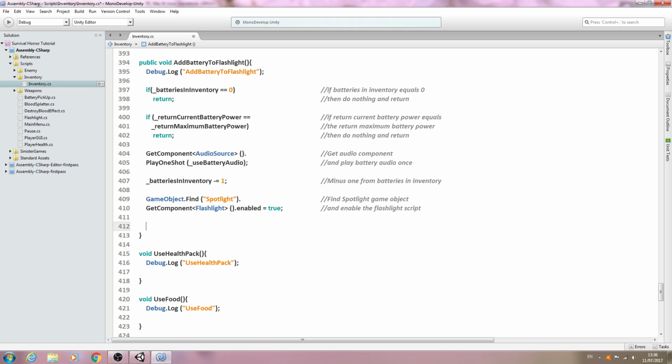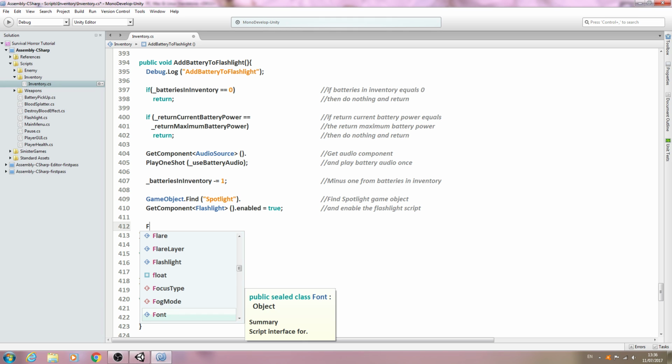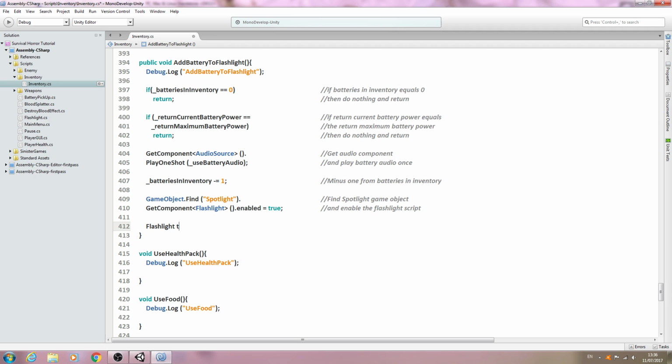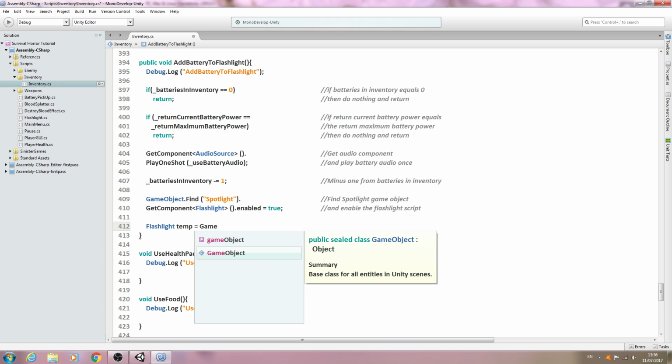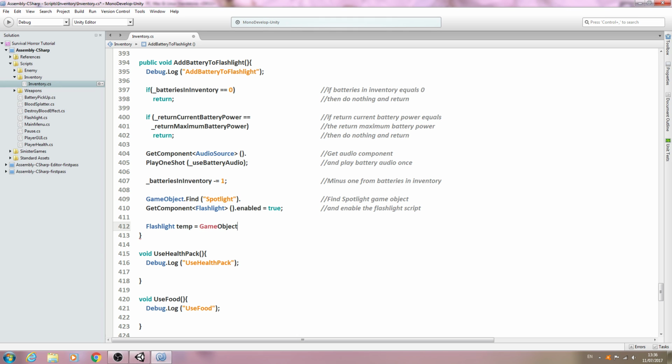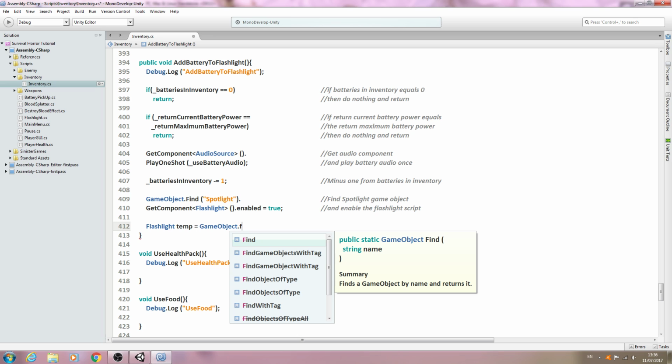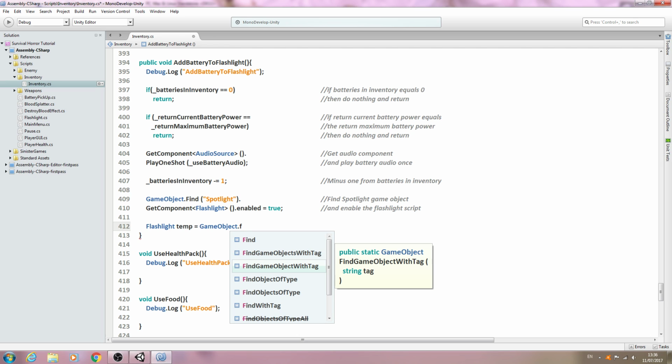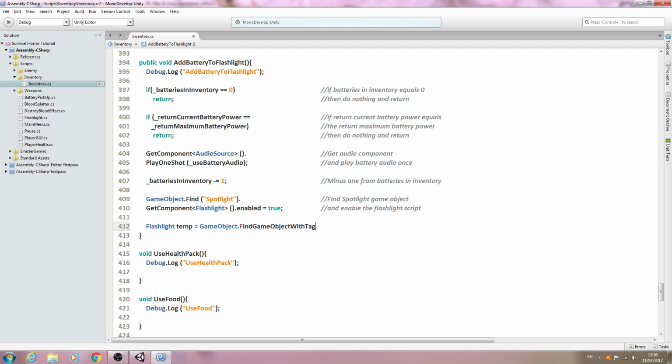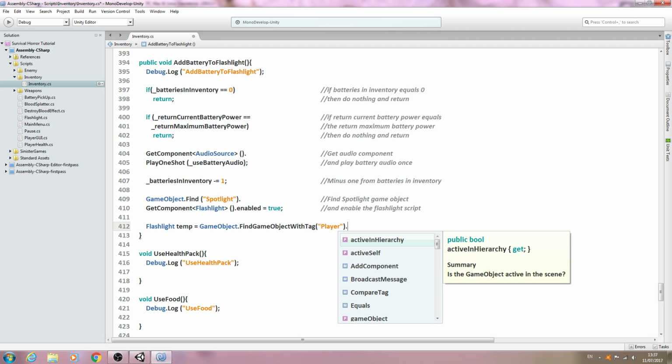Okay, we'll come below here. And what we're going to say is flashlight and temp. And we're going to say equals game object, capital G, dot, and we want to find game object with tag. Again, we'll open and close brackets. We'll come inside the little speech marks. We'll say player. And let's come back to the end, dot,